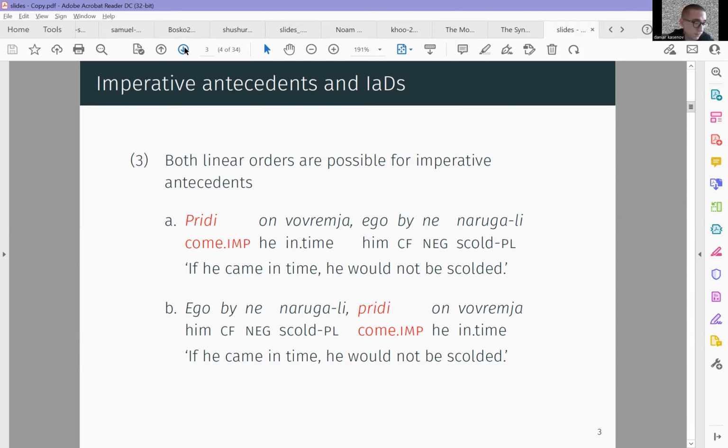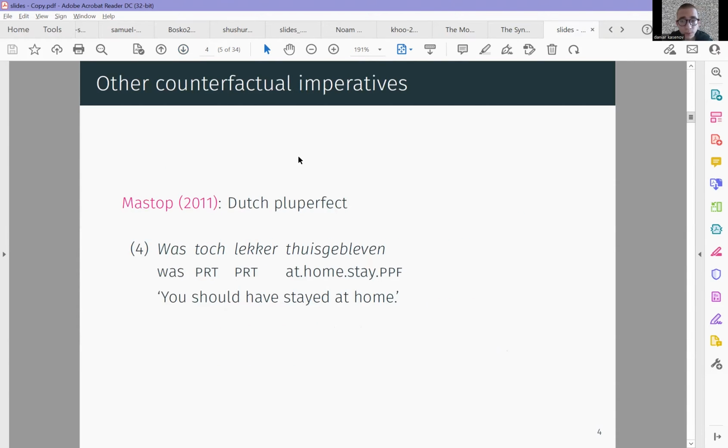And another class of phenomena that may appear adjacent to what I'm talking about today, but is actually not, is various counterfactual imperatives reported in the literature. For example, a Dutch pluperfect construction reported by Mastop 2011, which is interpreted as you should have stayed at home. And as we will see with other similar examples in other languages,